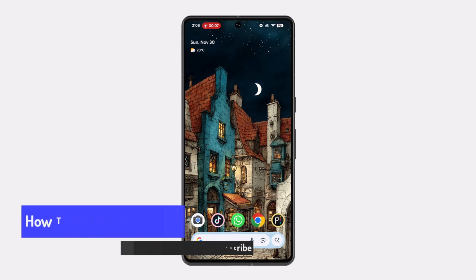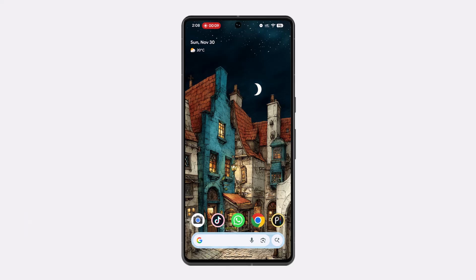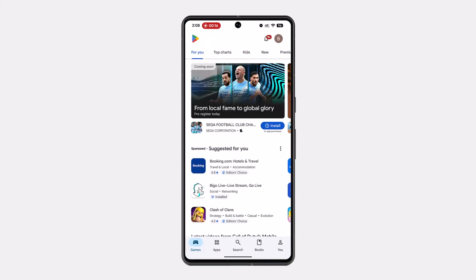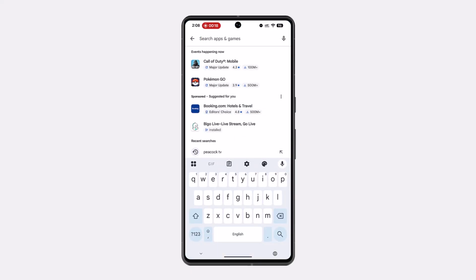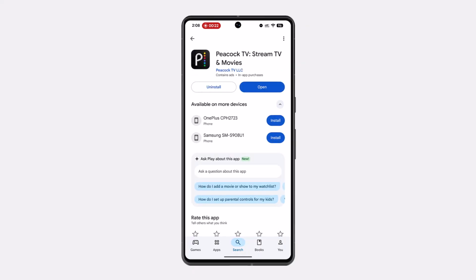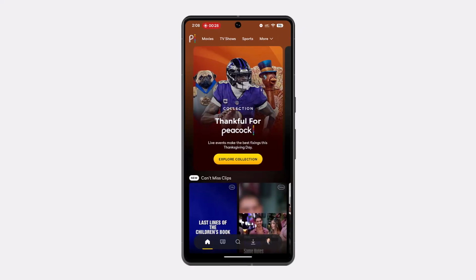In this guide, I'm going to show you the procedure to use Peacock on mobile. So to use Peacock on mobile, you need to first open up or install the app. So open up your respective app store, type in Peacock TV on the search bar and install Peacock onto your device. Once the application is completely installed, click on the open button, and now it's time for you to create